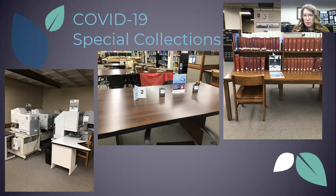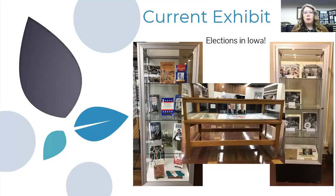our city directories. Some of our other materials, like the city directories and our Scott County materials, are frequently used by people. We can't always quarantine them right after, but they don't get used very frequently by staff. Just so that if someone is working with another patron down here and you are both looking at city directories, there might be some sharing of materials. So if you have any questions about that, please let us know, and we'd be happy to answer those